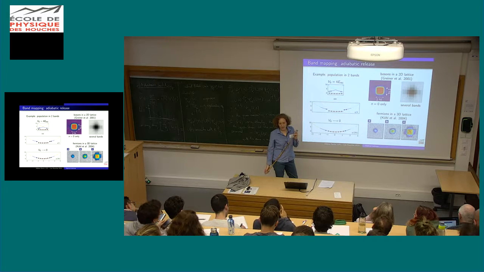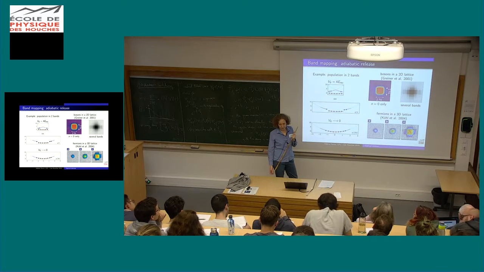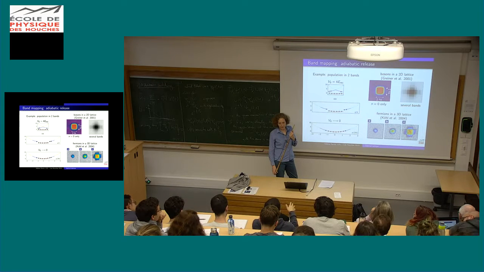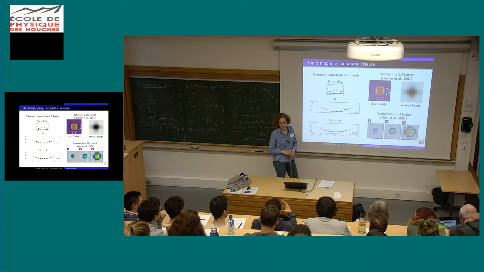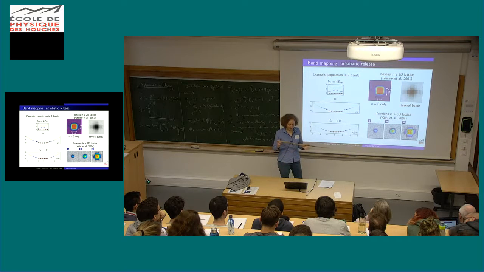If, for example, I start with, forget about the lattice, I just have that resolution from the tip, and I let it fall. What I should see is just a big blob that is given by the distribution. Yes. So if now I have a lattice, and then I switch to adiabatic again, I should go back to the Bose-Einstein. Yes. But then, if I let it fall, I shouldn't see this. I shouldn't. That's why I said it was not a Bose-Einstein condensate anymore, and it has been excited.